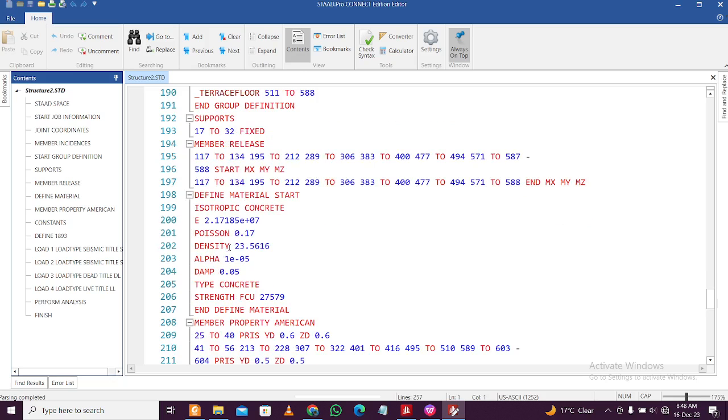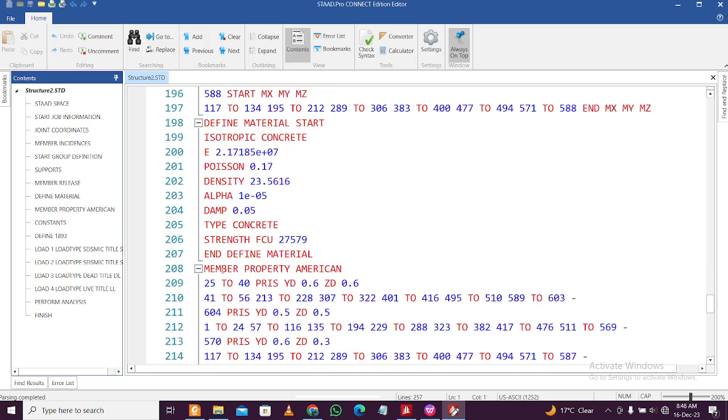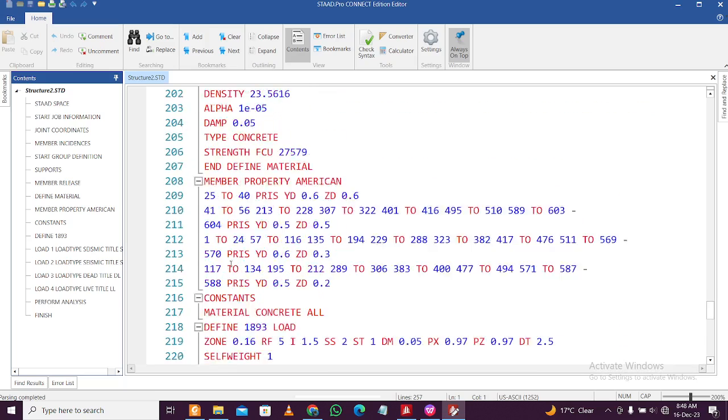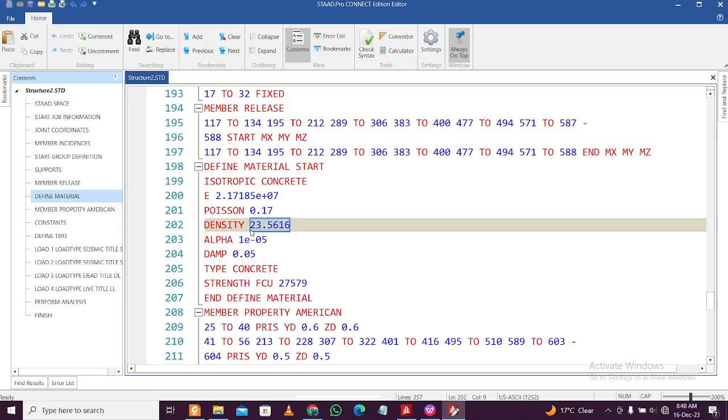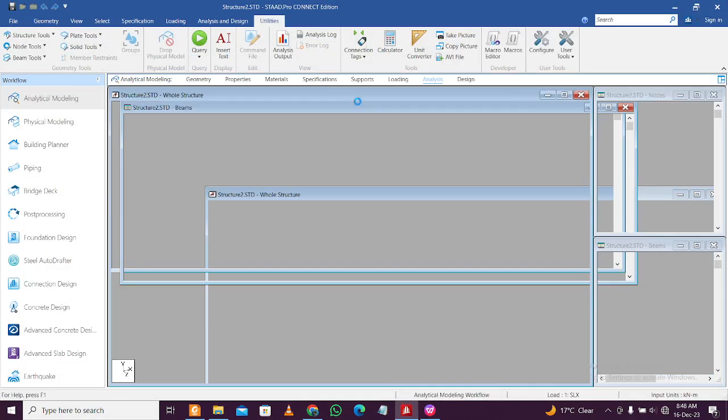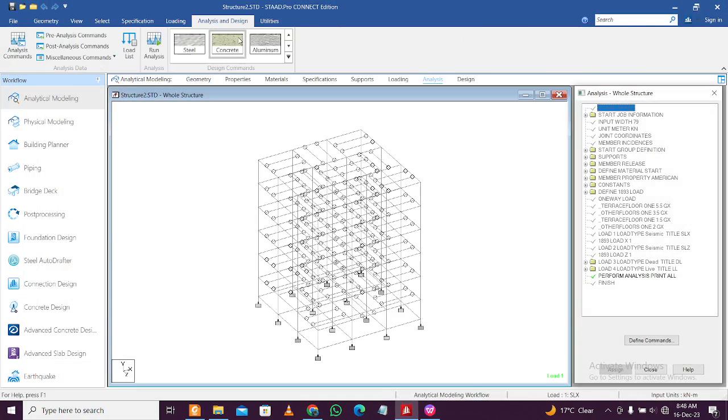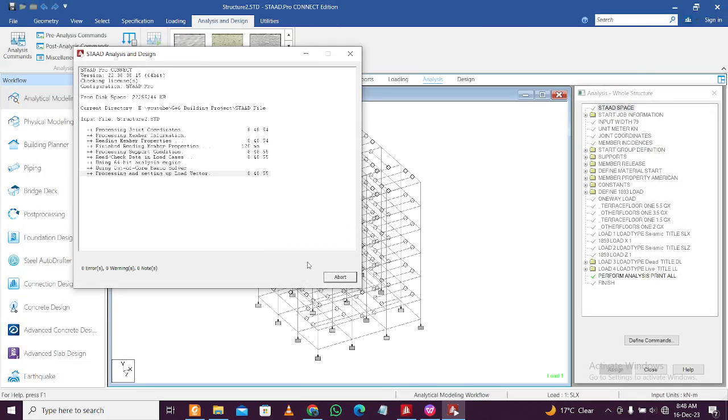In here we have the concrete, and this density, if we make it 25. Okay, Ctrl+S and then close this, and then go to analysis and design, and then analysis,